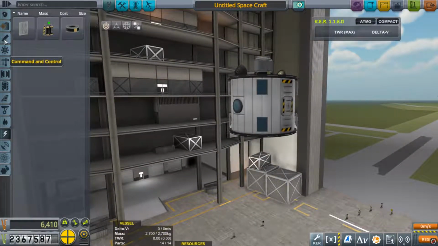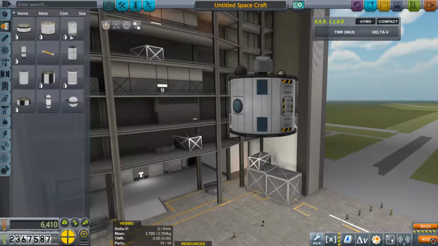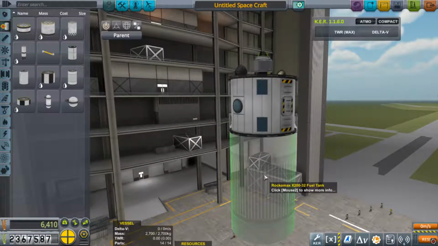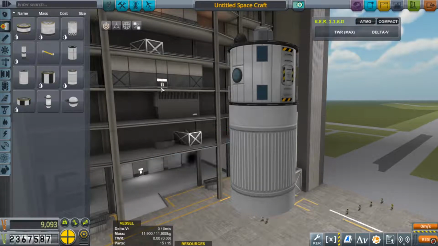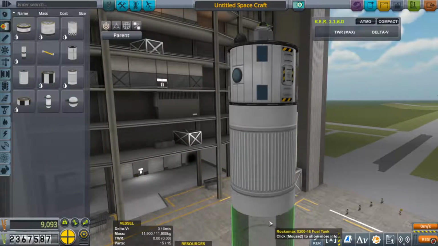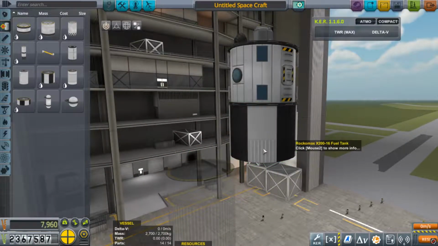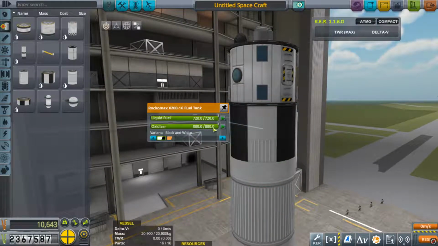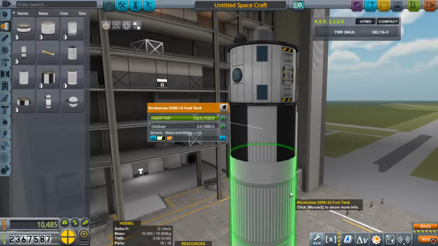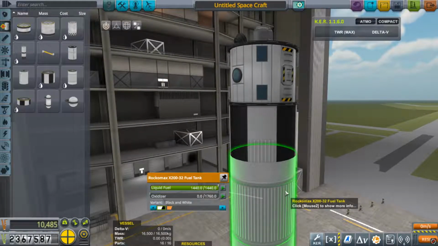And then our fuel requirements. So this is 4 people, and then our fuel requirements would be 2,000 units of liquid fuel, wouldn't it? So we need one of these, which is 1440, and then I think I like it in this orientation. How much is one of these? 720. So I'm sorry, what was this? 1440. So we need